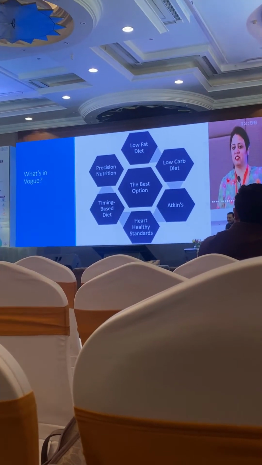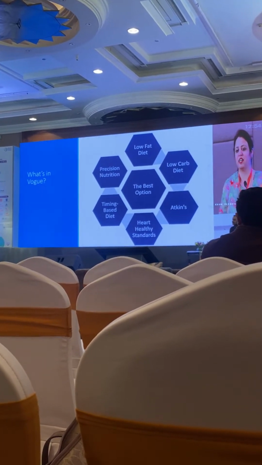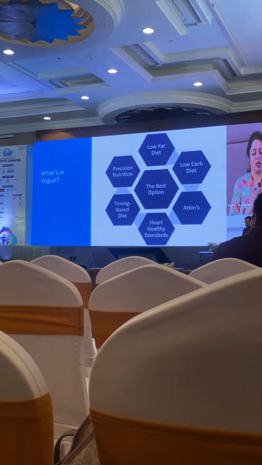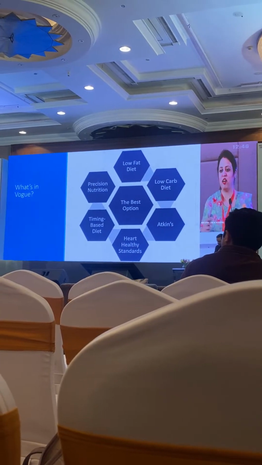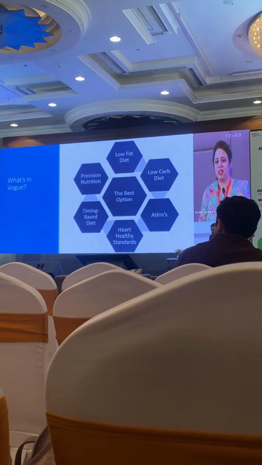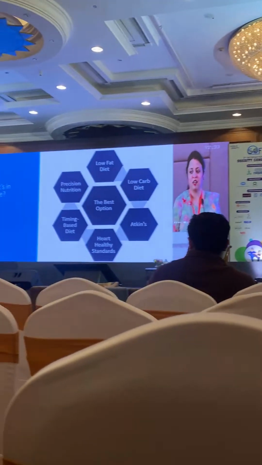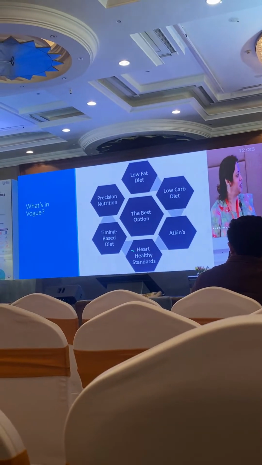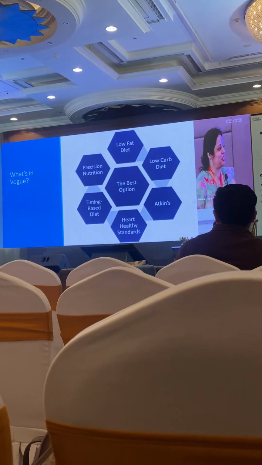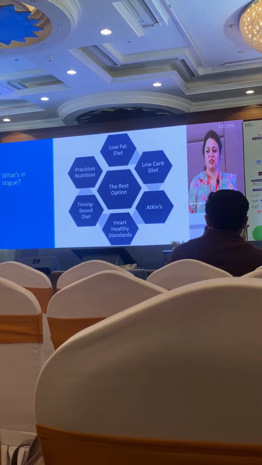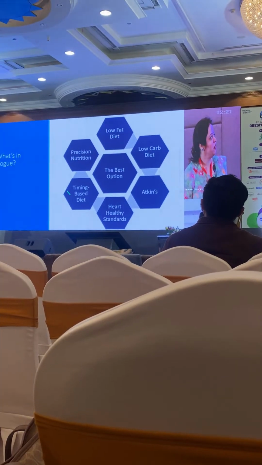Low fat diet? We started with that. We said fats have the highest caloric burden, so go for a caloric deficit with a low fat diet. And then we said, no, it's the insulin from carbohydrates leading to the spiking. So we went for a low carb diet. We went for a protein diet, keto diet, heart healthy diet, Mediterranean diet, DASH diet, you name it, and there is a diet with that name. Timing-based diet. Some of them are really going on today. Anybody who wants to know what is the best diet today, you will have all those answers.